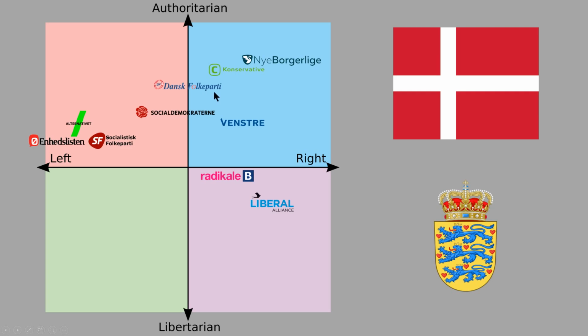Right now, they're kind of this single-issue party. They don't really have an economic policy. That's why I put them in the middle here economically, because they want more taxes to help out the older people, but they don't want to help out immigrants, and they don't want to take in more immigrants. So it's not that they want a certain economic policy, they just want the money to go to the places they want it to go to. But they still cooperate with the right-leaning scene, maybe because they're a bit more anti-immigration, but also maybe because